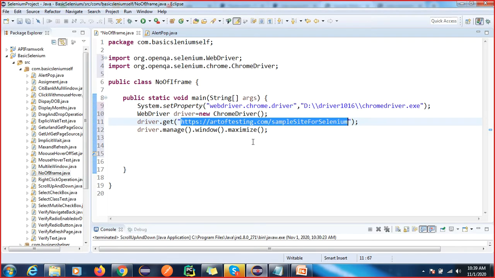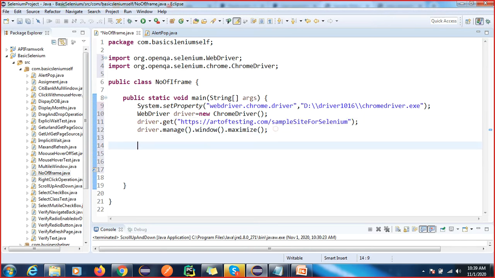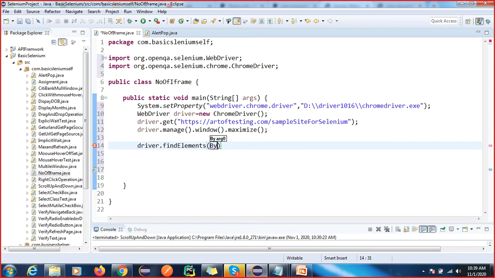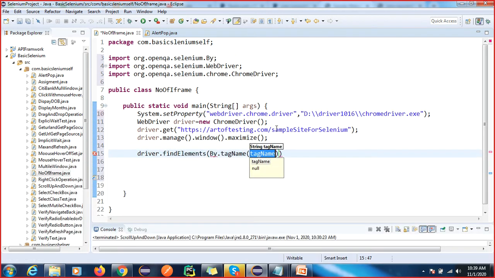So we can use driver.findElements(By.tagName), where the tag name is iframe, dot size.